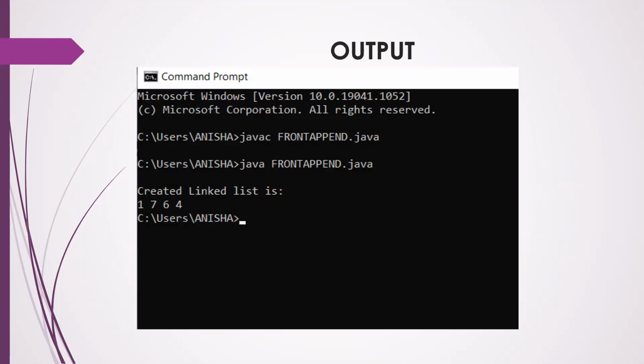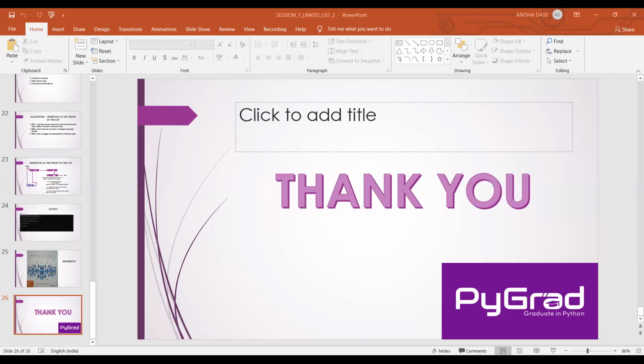I'll show you the program here. As you can see, in the previous session we saw how a class node is created, because we are going to repeatedly create nodes with the data field and next field.